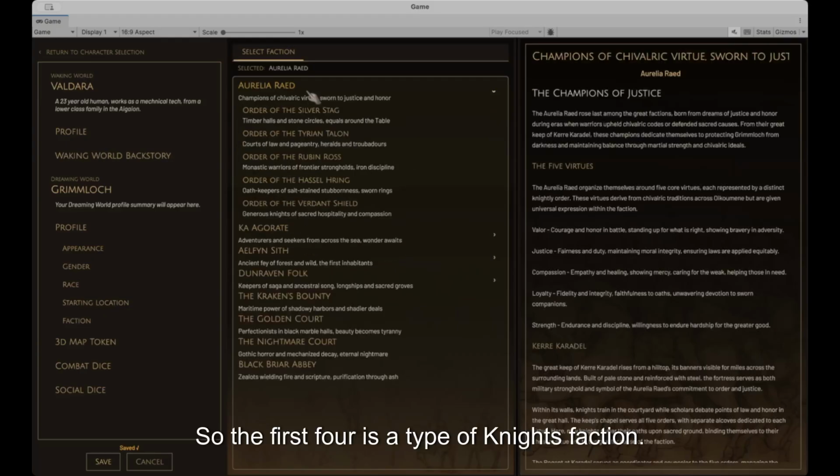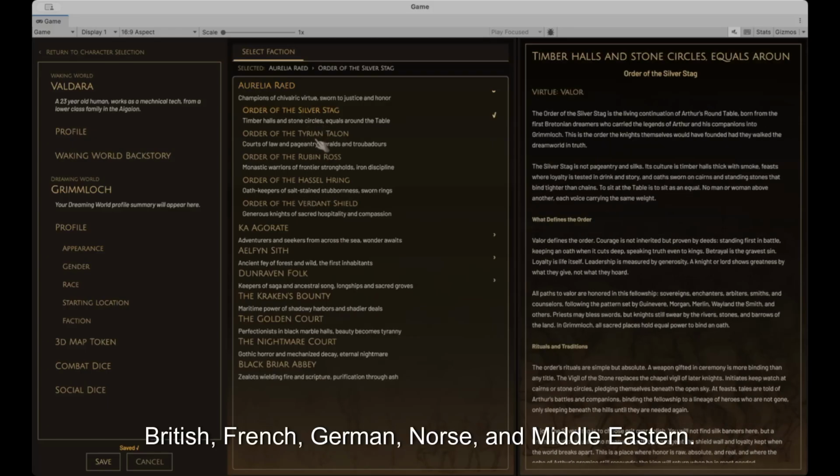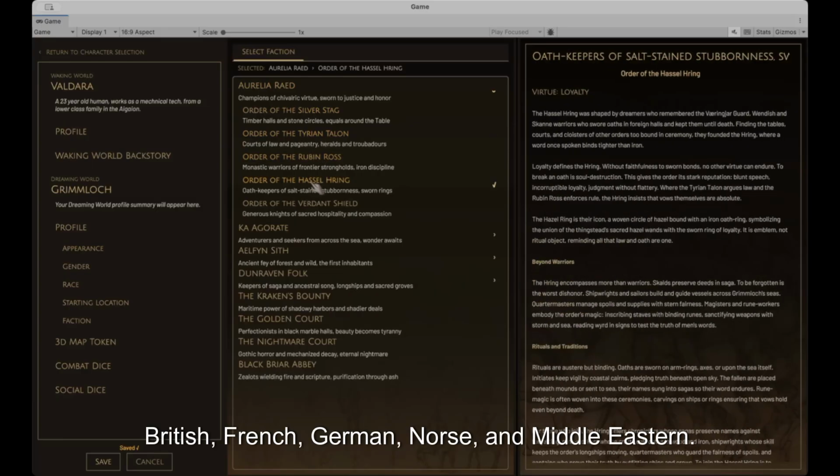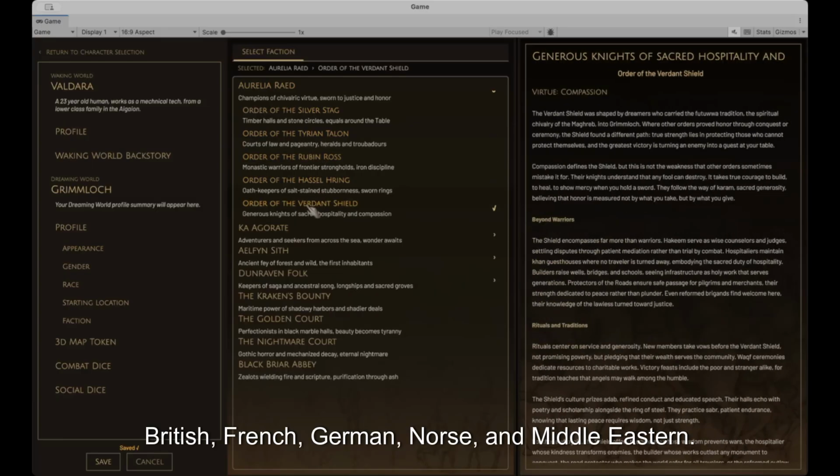So the first one is a type of Knights faction. There are 5 sub-factions: British, French, German, Norse, and Middle Eastern.